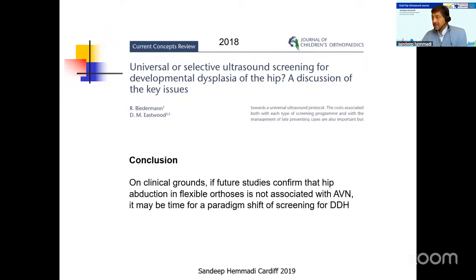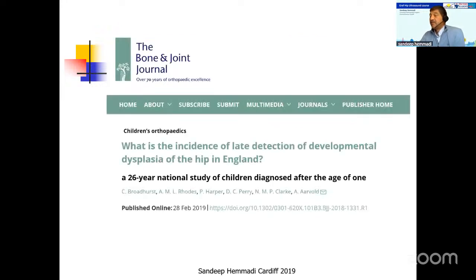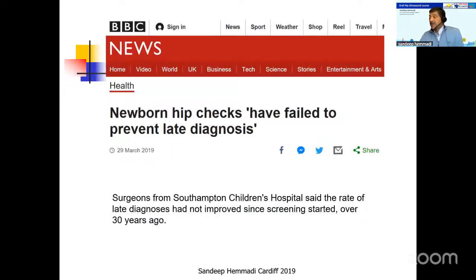And a more recent current concept review said that what we've been doing for the last 30 or 40 years is not reducing our late DDH rate. So even in the Western world, if you want to eliminate late presenting DDH, then you have to move to universal screening. This was another paper from Southampton, and when this was picked up by the local news or the media,